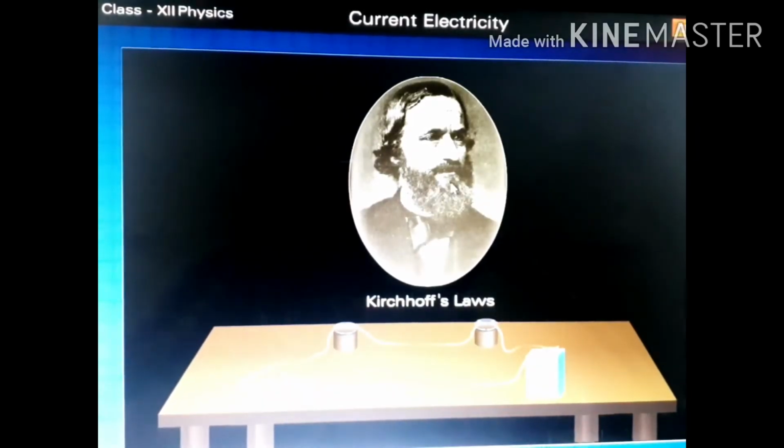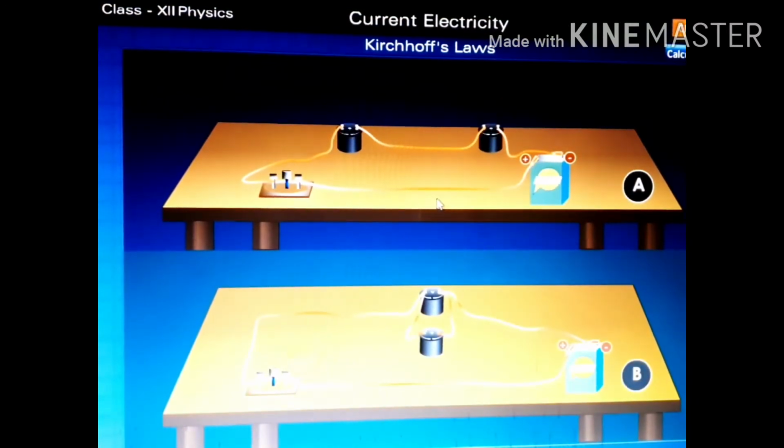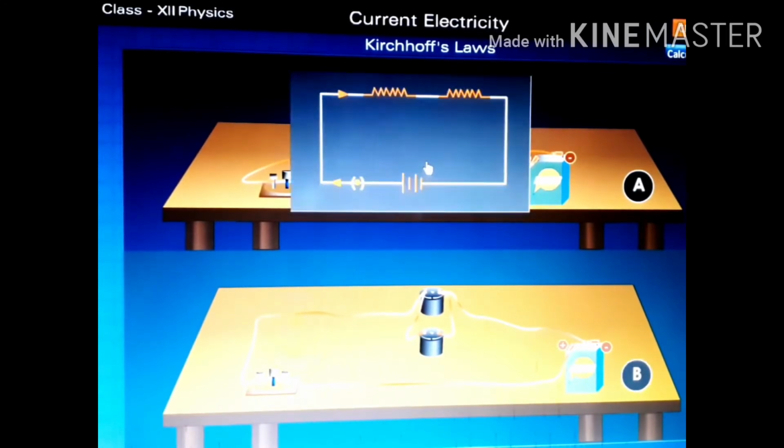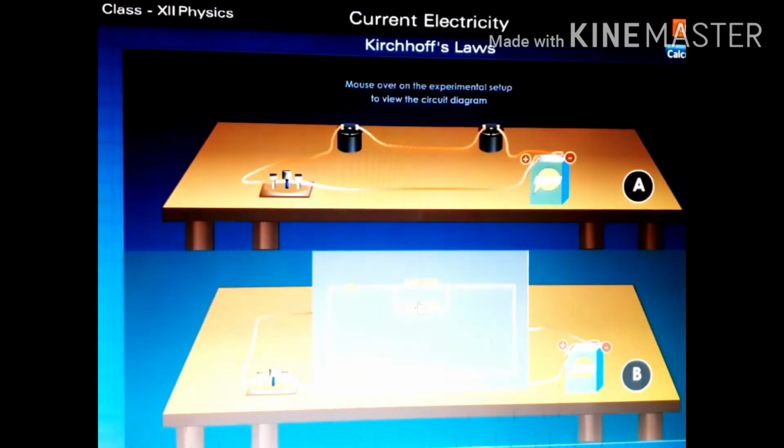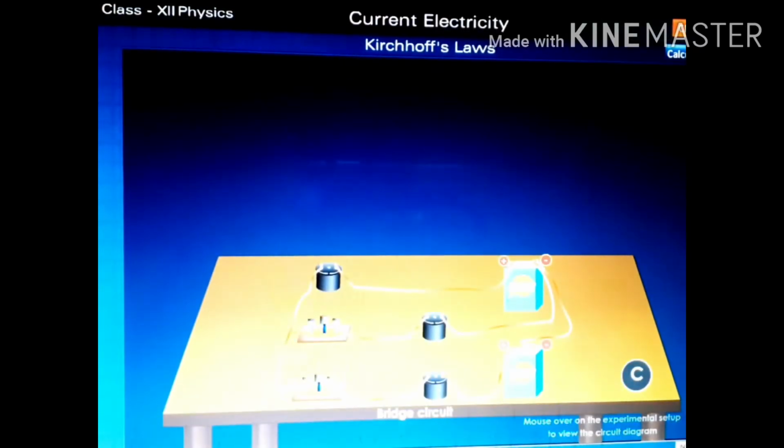Kirchhoff's laws. By using Ohm's law, the effective resistance of given resistors can be increased by using a series combination, and the effective resistance can be decreased by using a parallel combination of the given resistors. But whenever we solve bridge circuits, Ohm's law alone is not sufficient to solve that circuit. For that purpose,